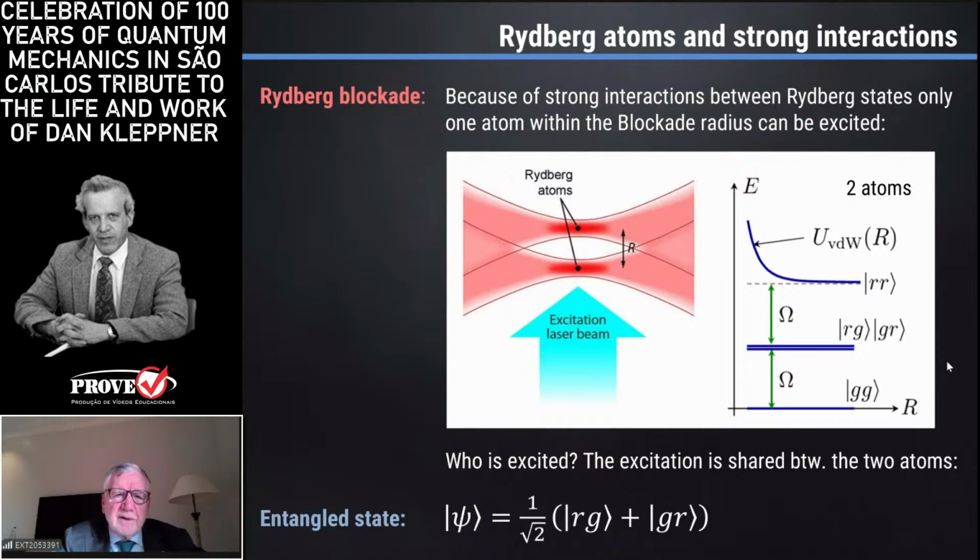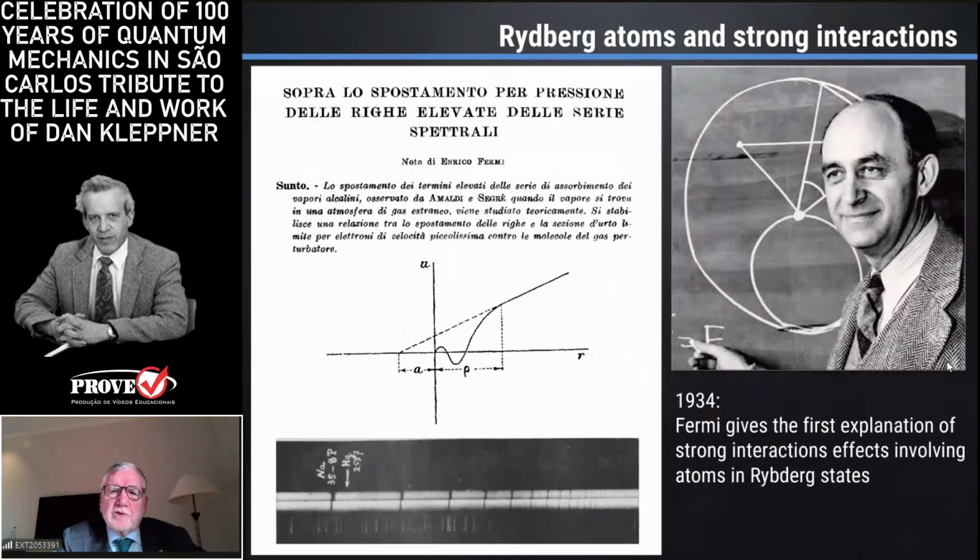So essentially, you have the entangled state, where maybe the first one is in the excited state, or in the Rydberg state, or it is the second one. So essentially, you have the usual idea of the superposition of states. And this